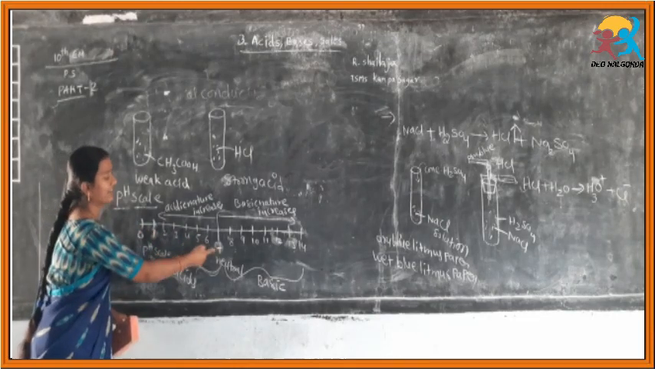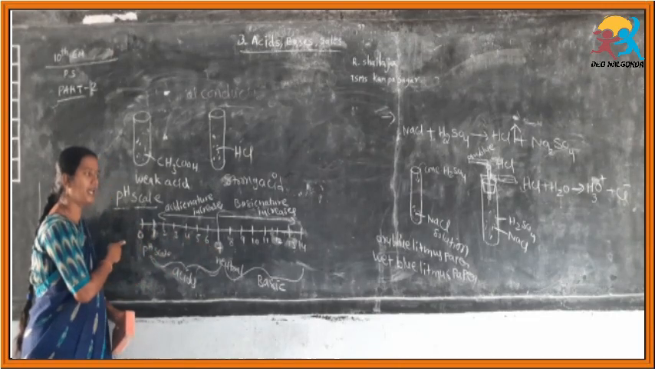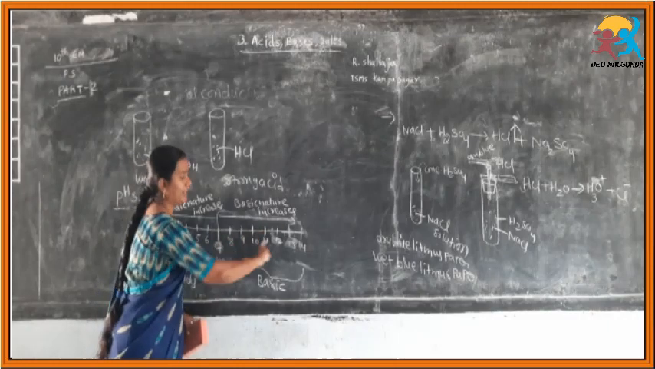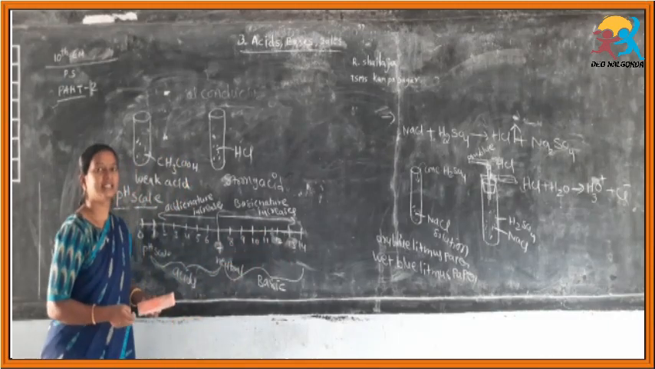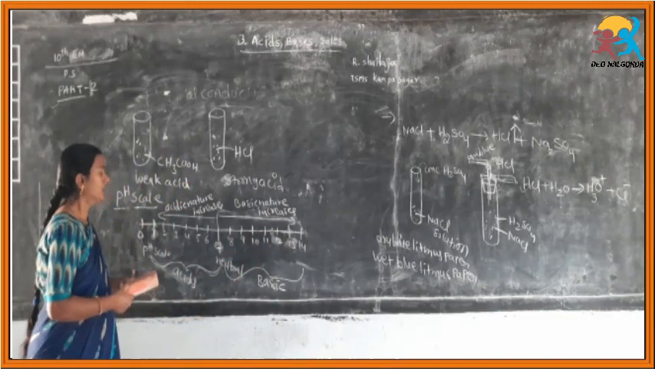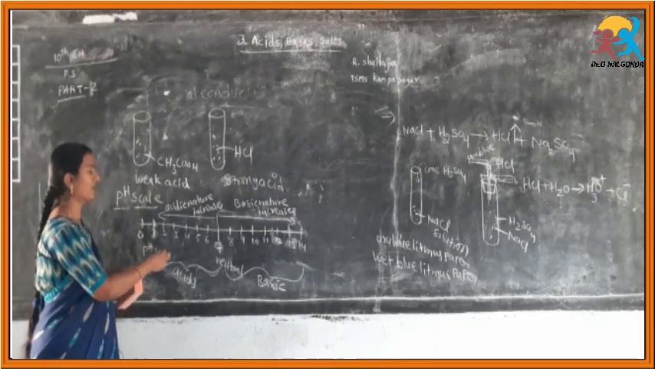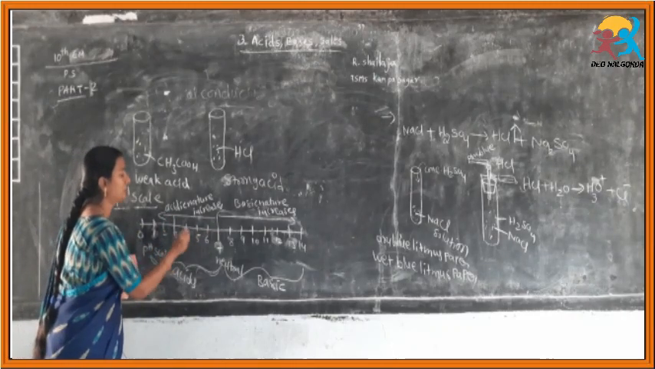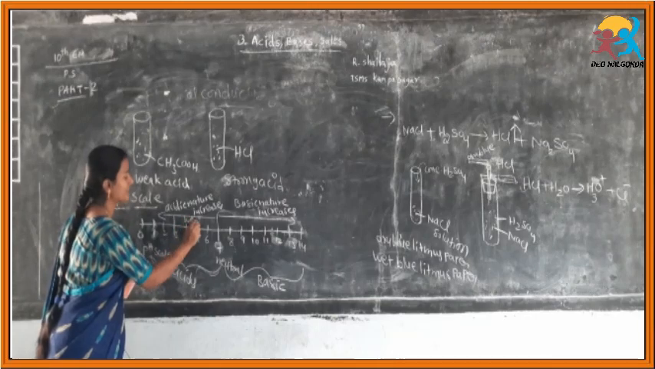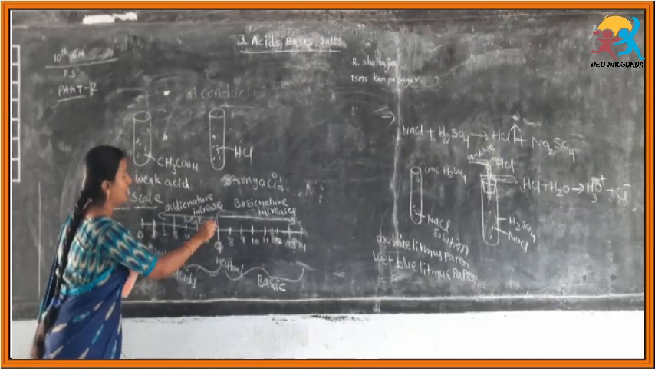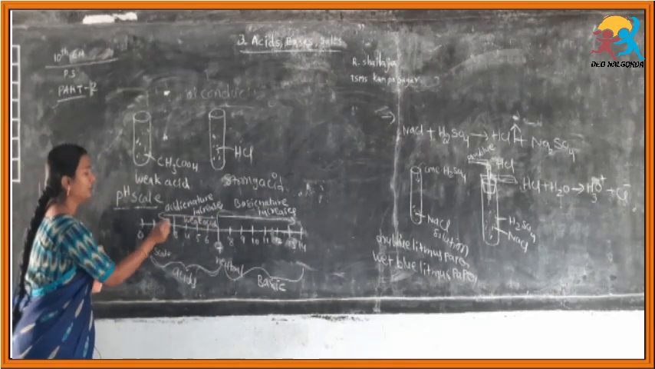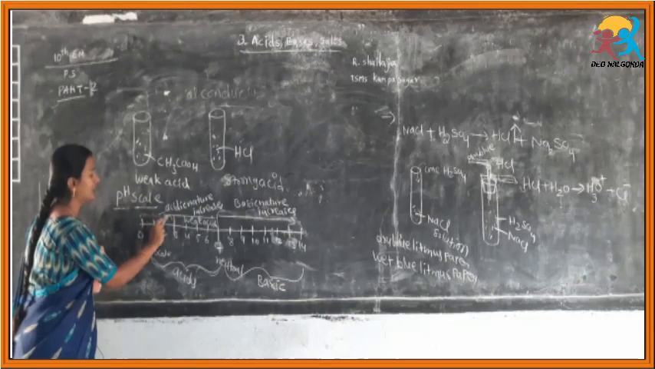On moving from 7 to 0, the acidic nature increases. On moving from 7 to 14, the basic nature increases. Generally, pH values between 7 and 3 are weak acids, and values between 0 and 3 are strong acids,